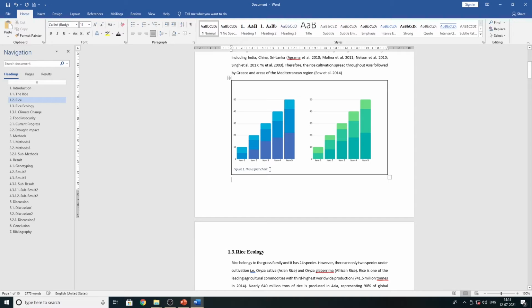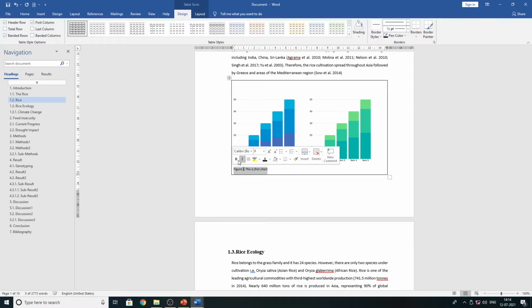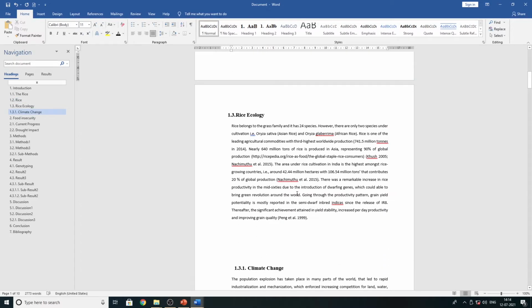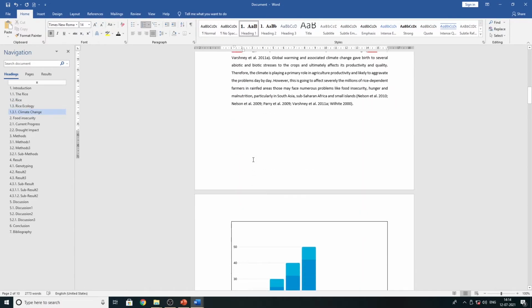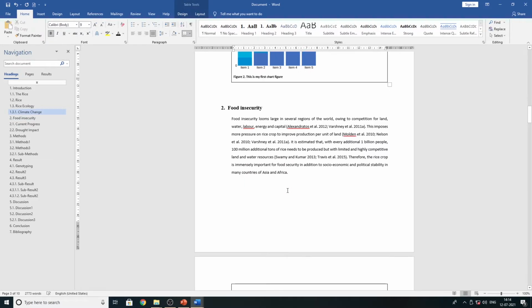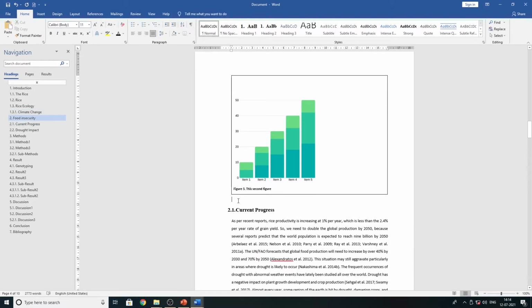See, this is the first figure. So accordingly, whatever you added previously, all the numbers are going to change automatically. See, figure number 2, figure number 3. You don't need to change a figure's name manually. Microsoft Word can handle all these things. You don't have to invest that much time in that.